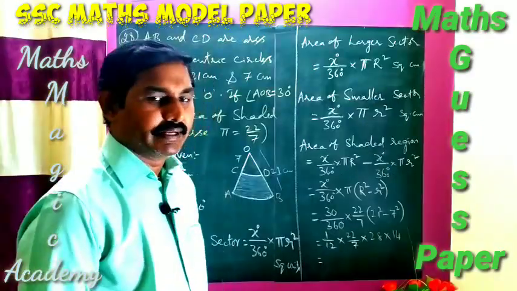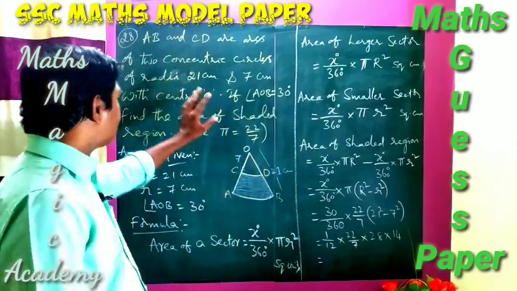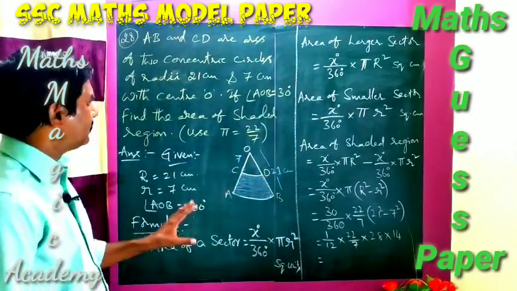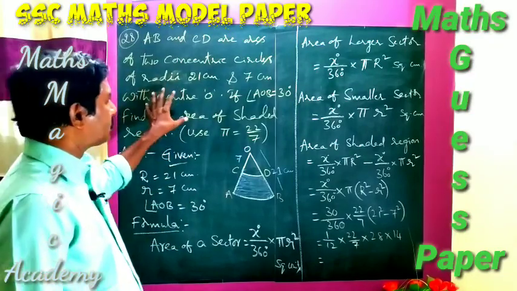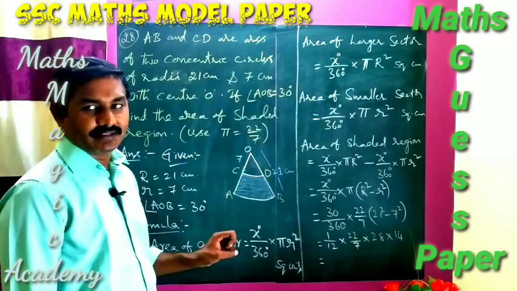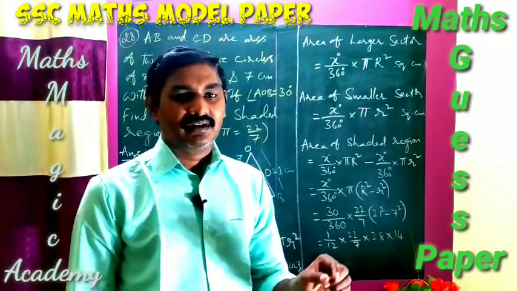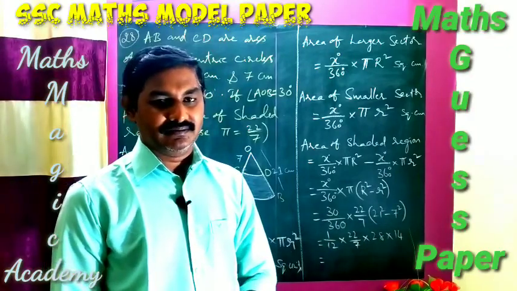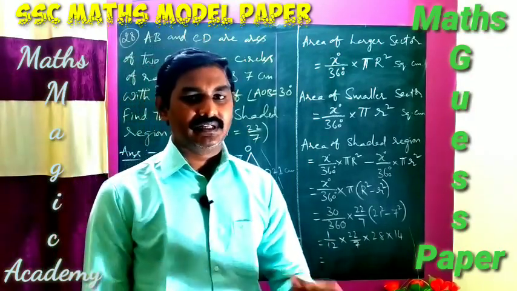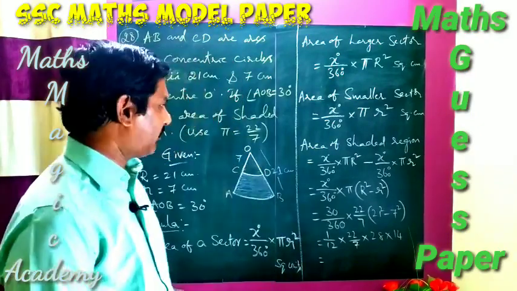Okay. Next, last question in this section, that is question number 28. Here in this question number 28, the overall question we can understand by the figure. So in 9th chapter, the questions are giving like this. Find the area of a shaded region. If you want to find the area of a shaded region, you have to eliminate the unshaded region. Likewise, you have to find.